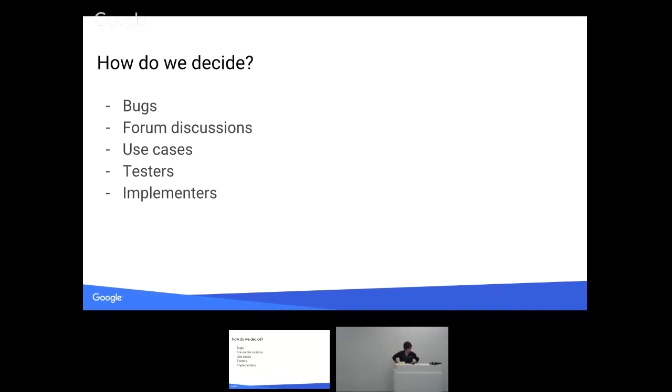So, and then finally, implementers. Is there someone who's going to implement it for us? Because that's excellent. So if we can find someone who's going to implement it, if we can find someone who is going to test it, find someone who has a big use case for it and they know that it'll get used a lot, these are all things where those are good signals to us to work on it. Obviously, that's not all of it. Obviously, we work on things that don't fit all of those criteria, but those are how we know that something